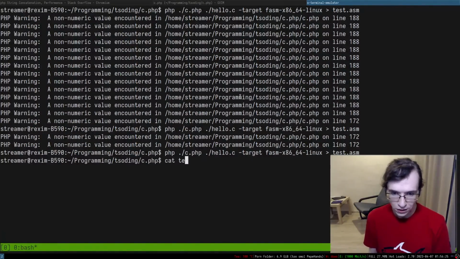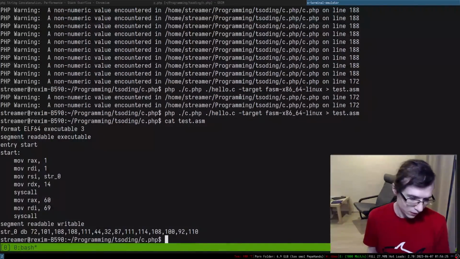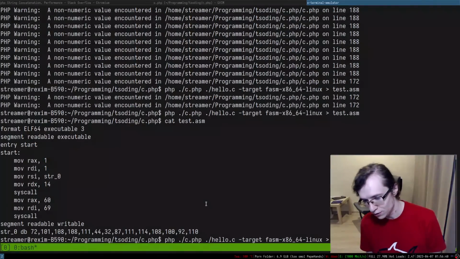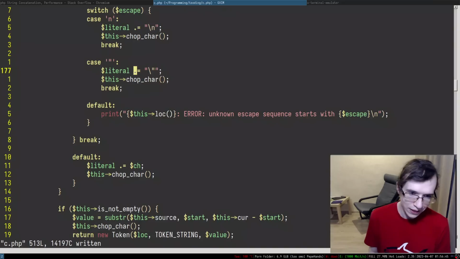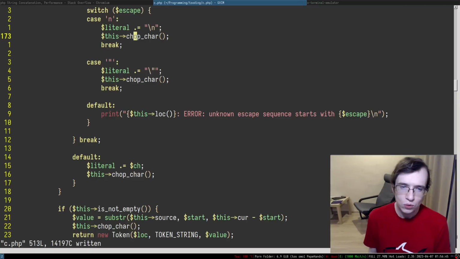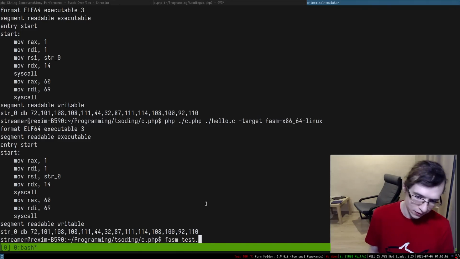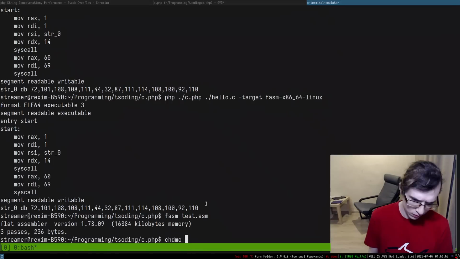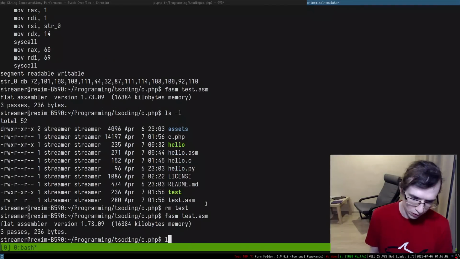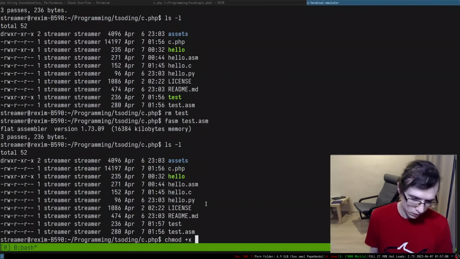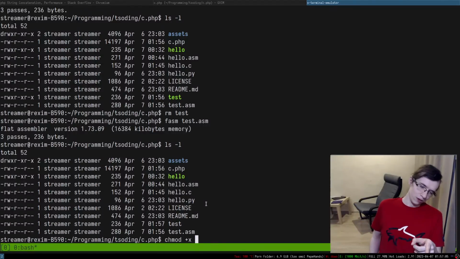Okay, so let's take a look at what we got. We got test asm, and let's find out if it's any good. I suppose it is not, because I don't see any new lines at the end of this entire thing, right? Nothing particularly changed, in my opinion, as far as I can tell, which is kind of a shame. So, okay, let's try to compile test asm, and then did it compile? What if I remove this entire thing and recompile it one more time? It's kind of weird. Okay, it's very interesting.